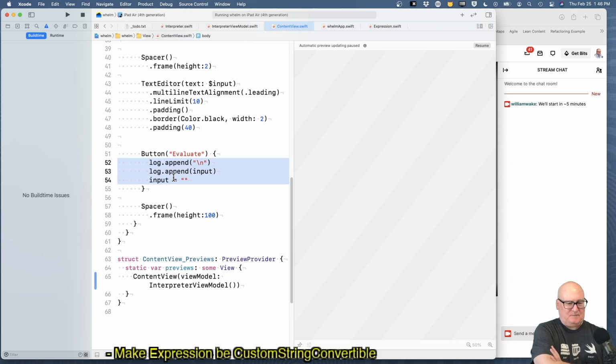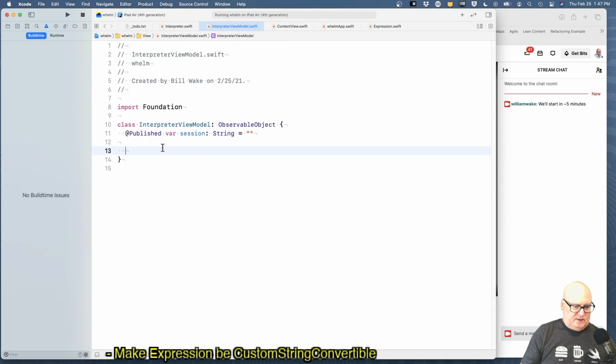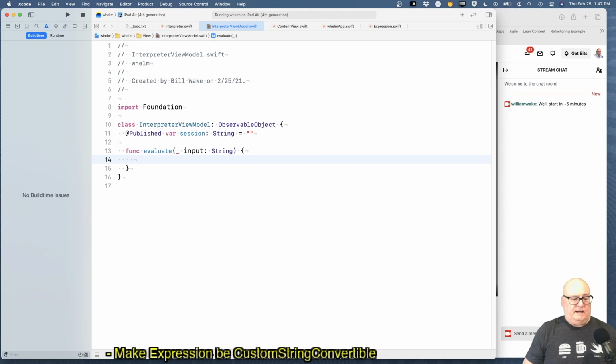I think what we would like to do is tell the view model, basically, I guess it's evaluate. But it's evaluating some text. I mean, it's just going to get the input. All right. So we're not going to do anything real. We're just going to get things hooked up. So I'm imagining there's some sort of function evaluate, and it takes a string, an input of type string. Okay. And it's going to do some stuff. We don't know what stuff. But for now, let's just